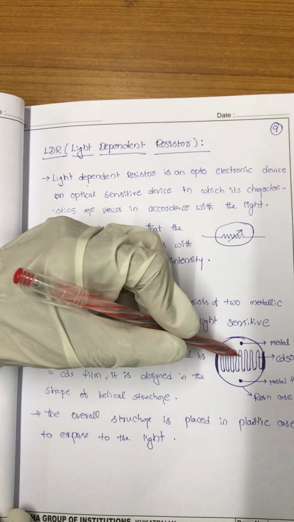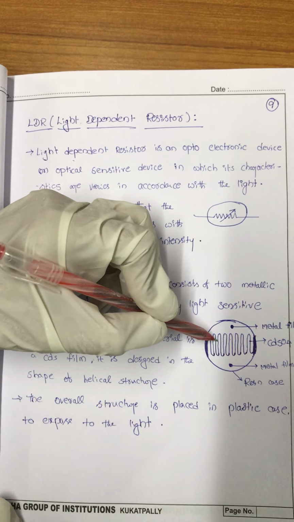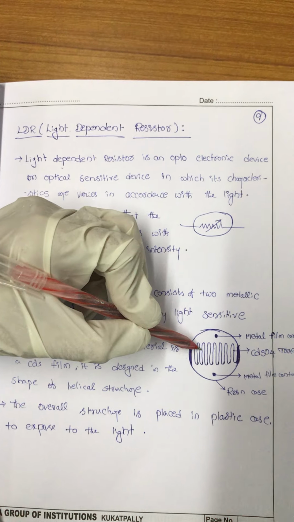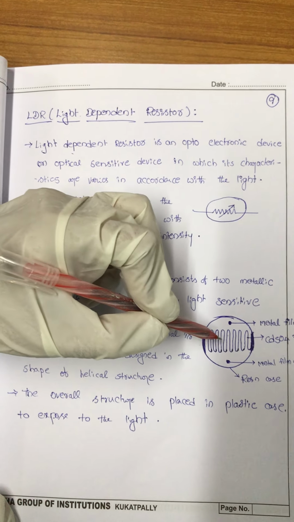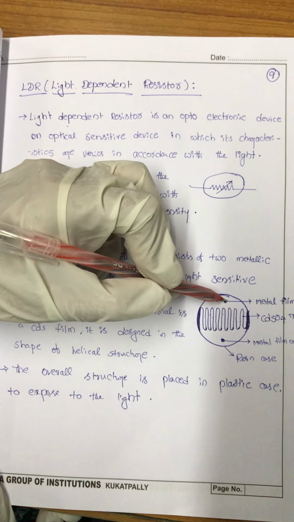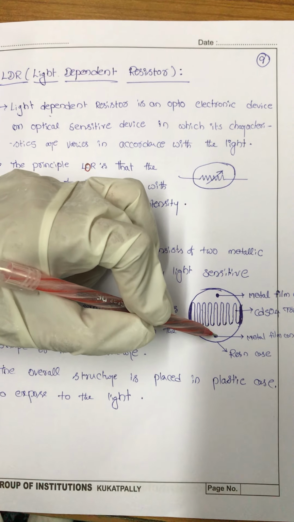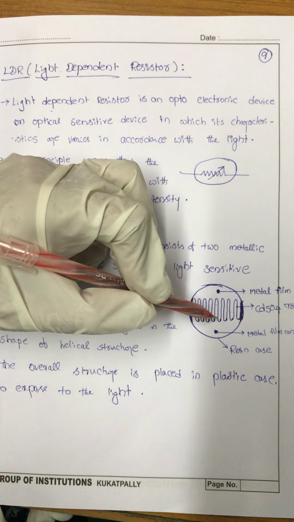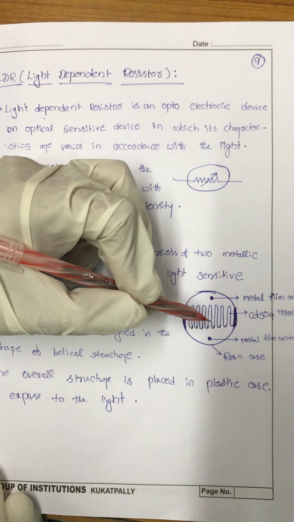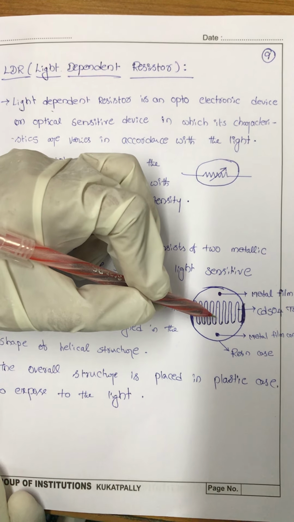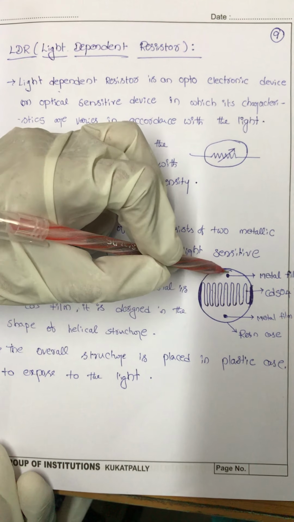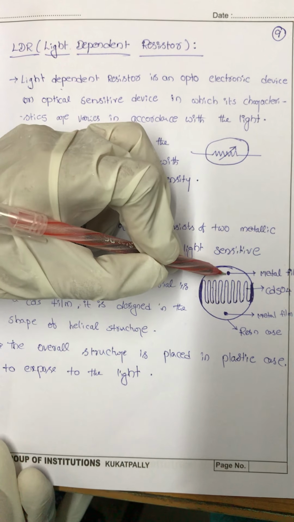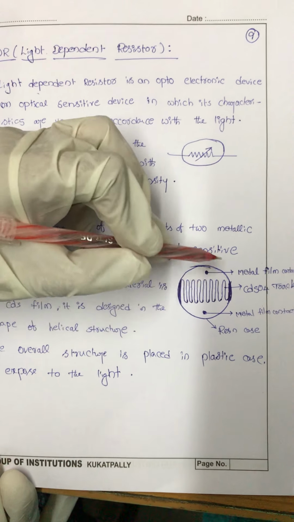Okay, so the helical structure is designed by the cadmium material. Okay, so the total structure means cadmium material wire and two metal contacts are connected in a plastic case to protect from external sources. Okay, so the two metal contacts work as two external terminals to connect to another